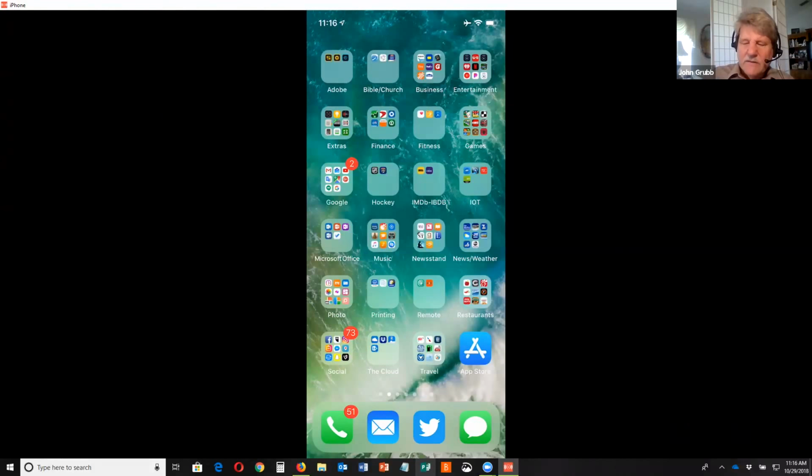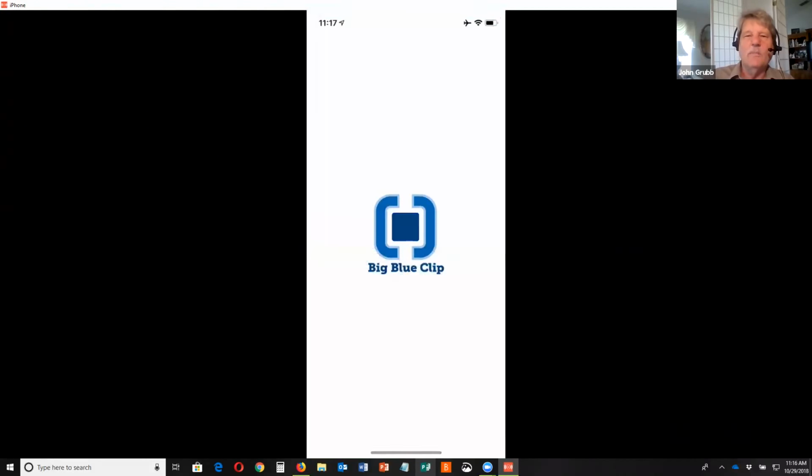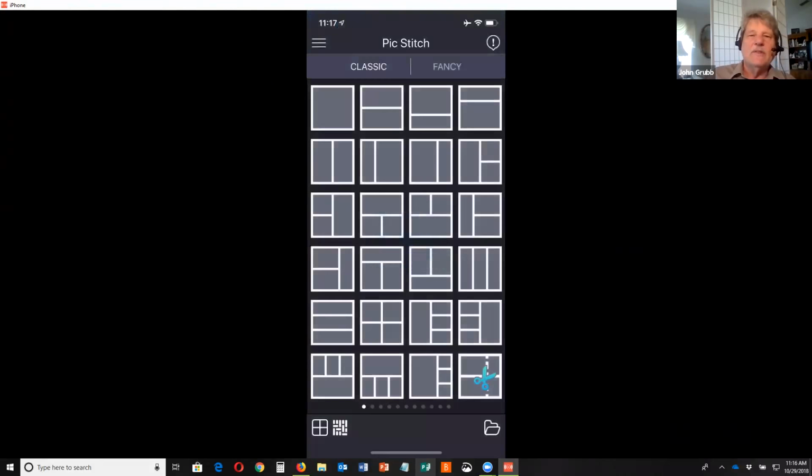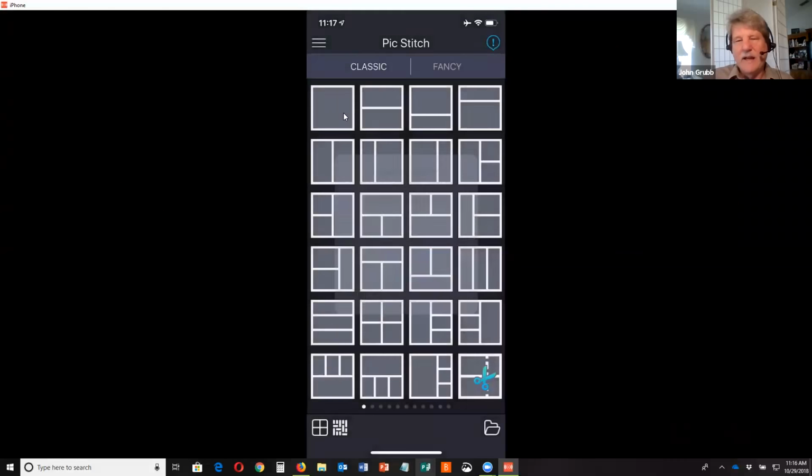All right. The next app that we talked about was PicStitch. Again, it's a photo app, and I have that right here. You can see it on the screen, at the bottom in the middle. So I'm going to open that, and when you open it, the first thing it does, aside from maybe later asking you to rate it, which it doesn't always do, just every so often they'll ask you to rate the app,